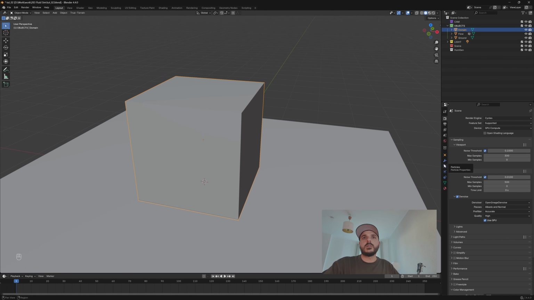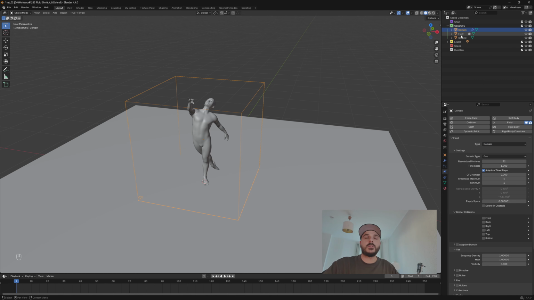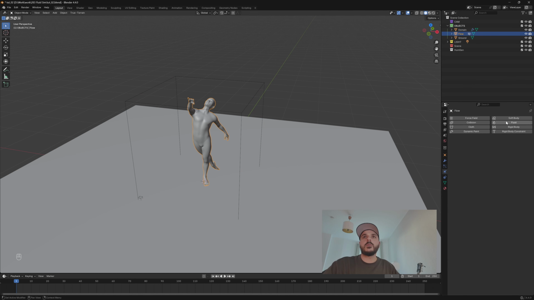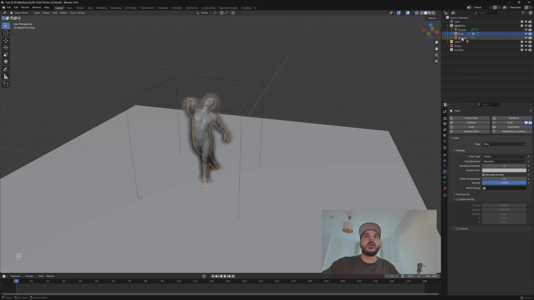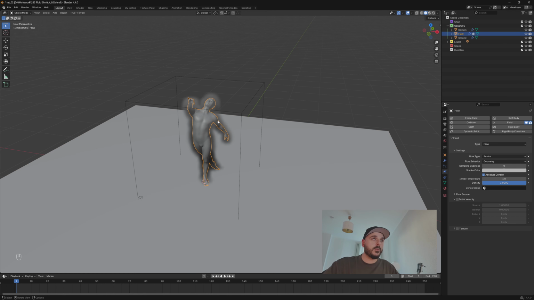Now we head over to the physics tab, and we're gonna enable the fluid here and use as type domain. This is where all the simulation is happening. The flow, so our human generator body, we also enable fluid and use the flow. And for the ground, we also enable the fluid simulation and use the effector. Okay, now we go back to our model